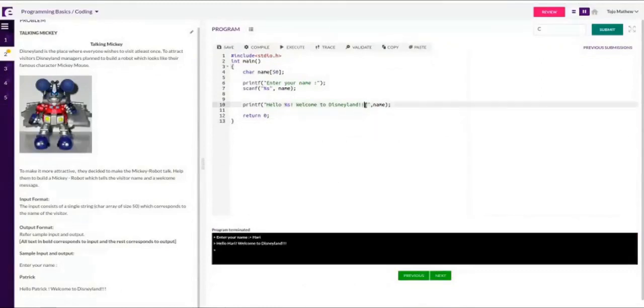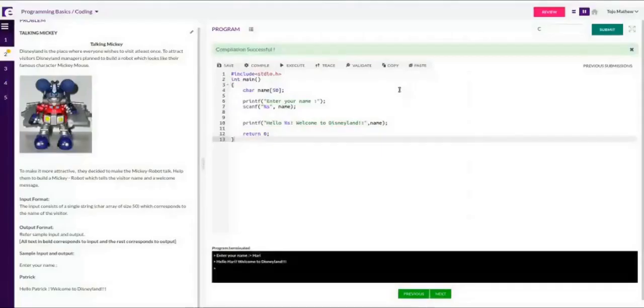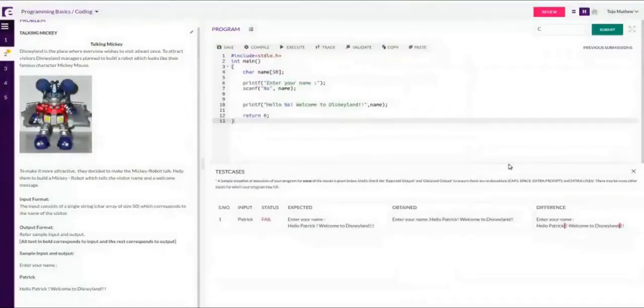Okay. Now I'll create an error. I have executed it once, so I can now proceed to validation. Validation is giving me an error. So what is the error? Two errors are there. One is that after Patrick, the expected output has a space. I did not notice that, and in my code, I did not provide a space.